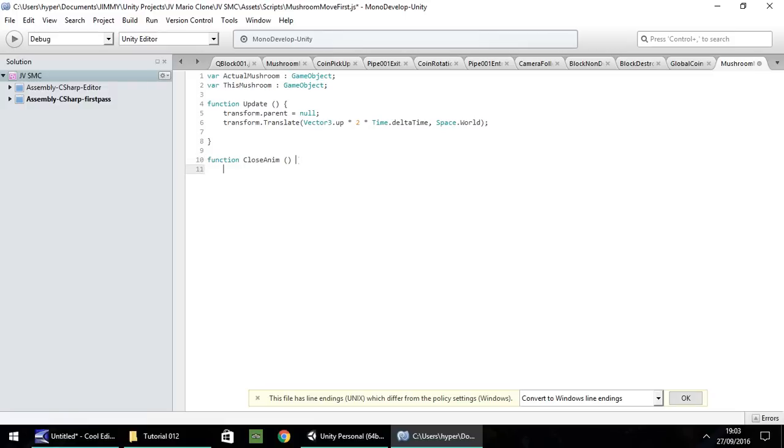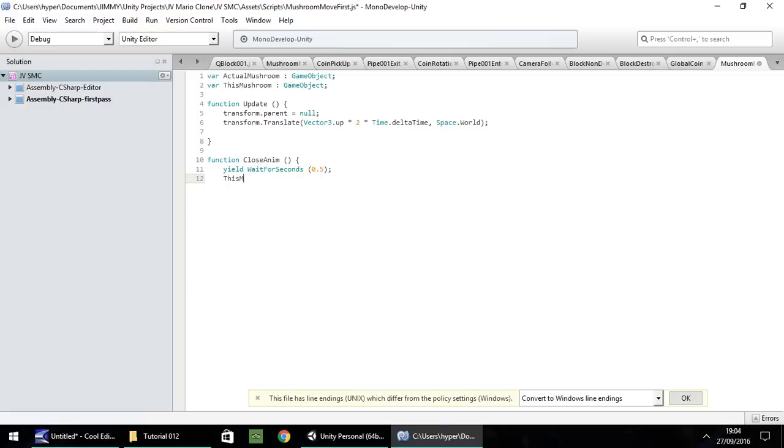As I say, the idea of what we want to do is wait for maybe half a second or so until the mushroom has had enough time to come upwards. So we want yield WaitForSeconds, and I'm going to put 0.5 there for now, just to test. And then next line down, I need to make this mushroom disappear and the actual mushroom appear.